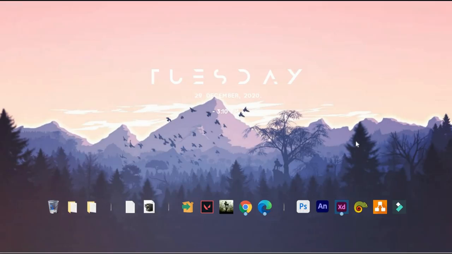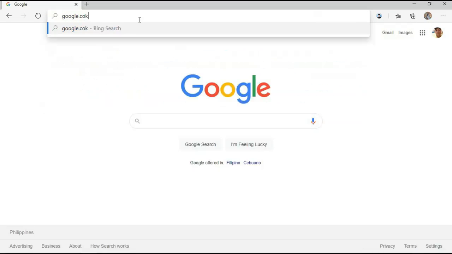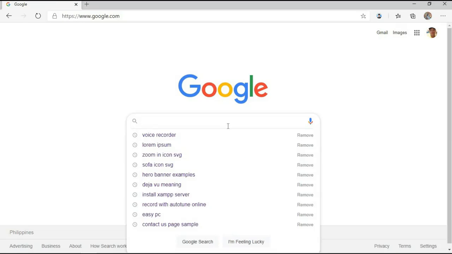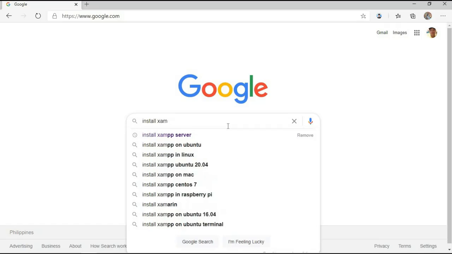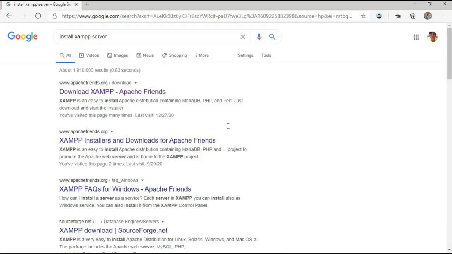XAMPP server. So first thing to do is go to your browser. I prefer using Microsoft Edge, and go to google.com. Since we are on Google, all you need to do is search for install XAMPP server. The first link that you will get is apachefriends.org. You need to click that first link,